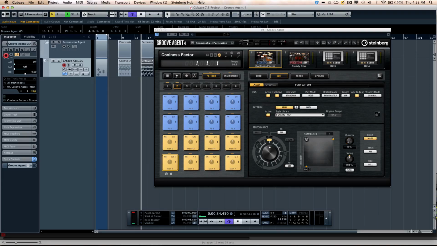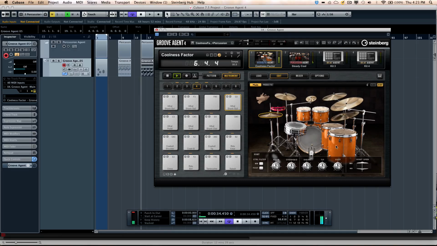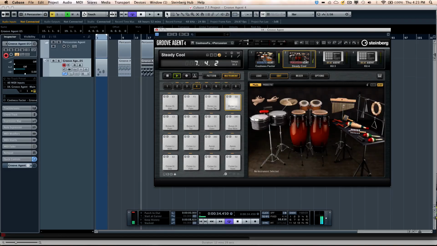As I hit play, it's going to trigger both patterns. So I can have my studio kit and my percussion, and if I change the tempo,